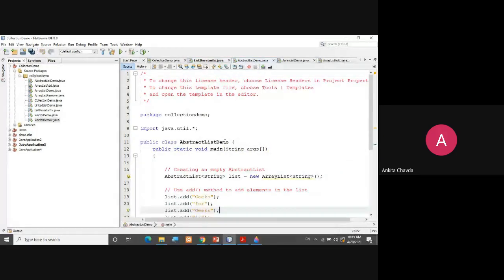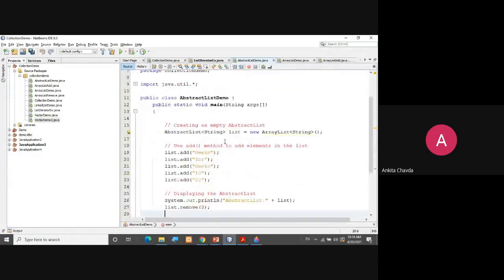So this is the example of AbstractList. AbstractList is again an abstract class. So we cannot create an object of the AbstractList class. So what we are doing is AbstractList<String> list equals, here we are writing new ArrayList. We are not writing AbstractList. Why? Because we cannot create an object. We cannot create the AbstractList directly. Here the parent can only point to the child classes, right? That we know. So we are creating AbstractList<String> list equals new ArrayList<String>.